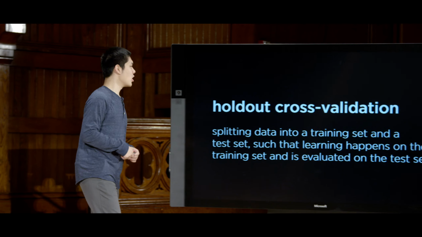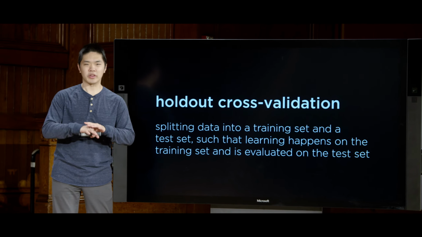Now, another way of making sure we don't overfit is to run some experiments and to see whether or not we are able to generalize our model that we've created to other data sets as well. And it's for that reason that oftentimes when you're doing a machine learning experiment, when you've got some data and you want to try and come up with some function that predicts, given some input, what the output is going to be, you don't necessarily want to do your training on all of the data you have available to you. That you could employ a method known as holdout cross-validation,